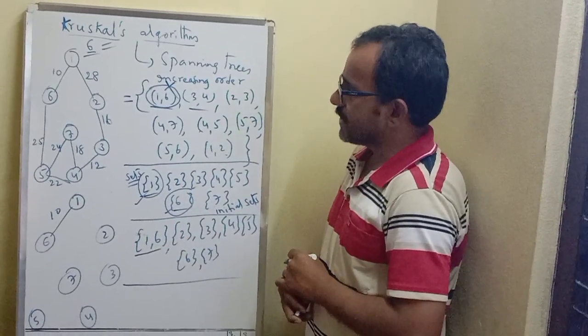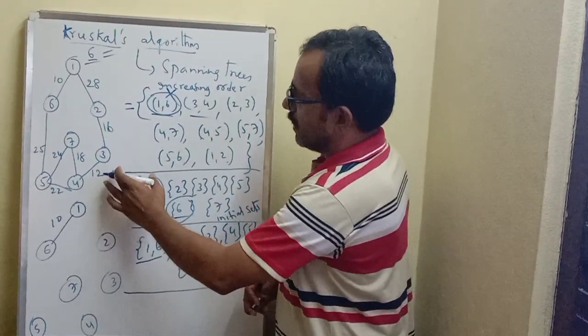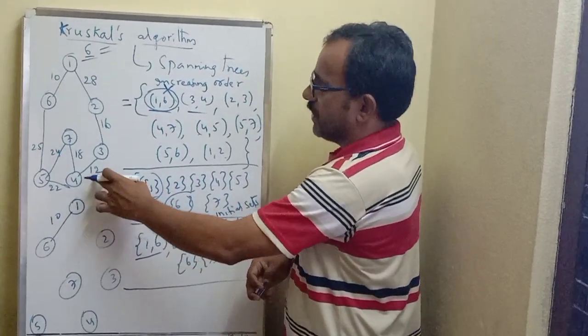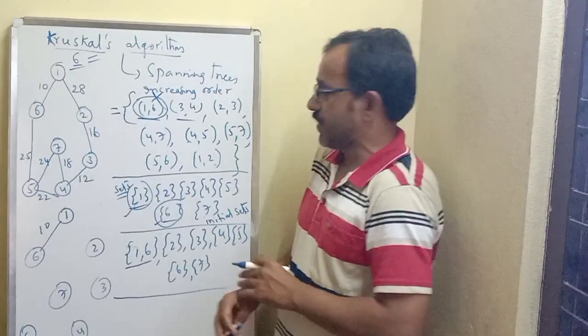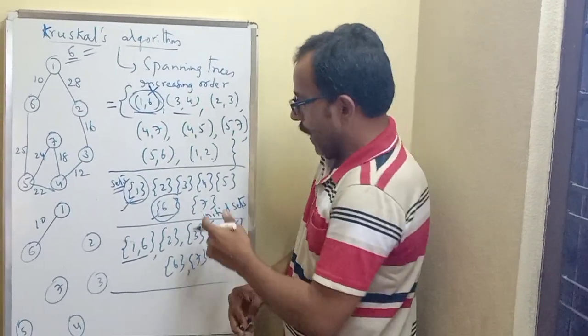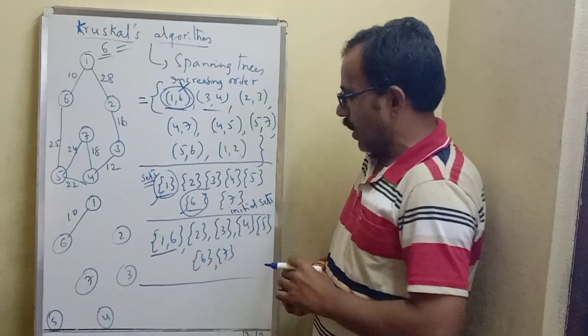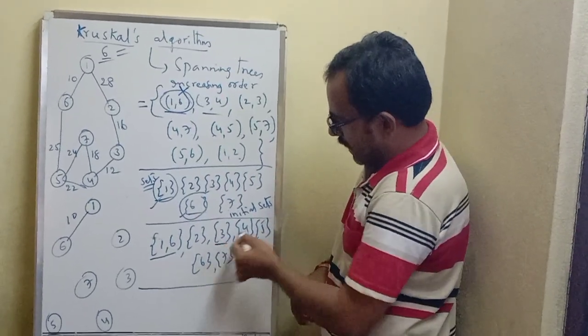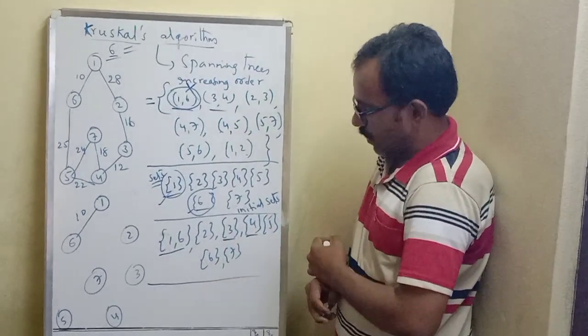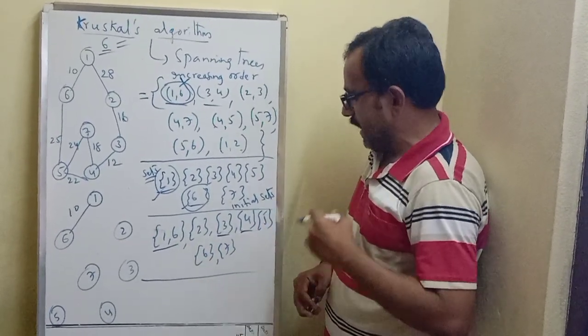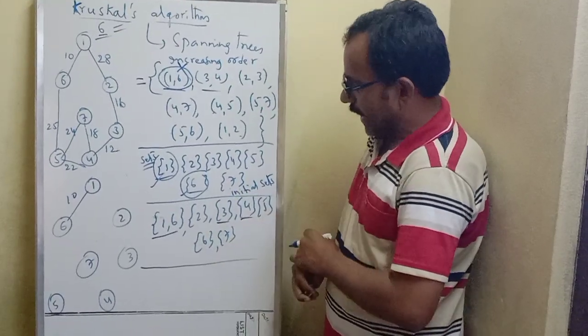Next minimum cost edge is 3, 4. You can observe that particular edge 3, 4 in the graph. The edge 3, 4 has a weight of 12 units. Then immediately verify whether 3 and 4 are in the same set or not. See here, 3 is in one set, 4 is in another set. Now, 3 and 4 both belong to 2 different sets, so we can successfully include that particular edge into the spanning tree.